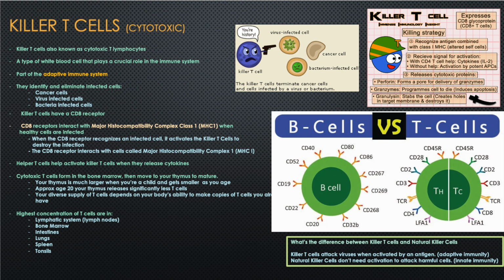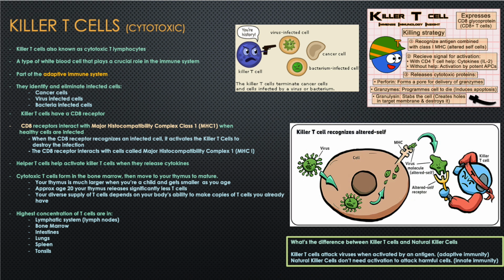Cytotoxic T cells, or killer T cells, form in the bone marrow, then move to your thymus to mature. Your thymus is much larger when you're a child and gets smaller as you age. Around age 20, your thymus releases significantly fewer T cells. Your diverse supply of T cells depends on your body's ability to make copies of the T cells you already have. The highest concentration of T cells is in the lymphatic system, in your lymph nodes, bone marrow, intestines,